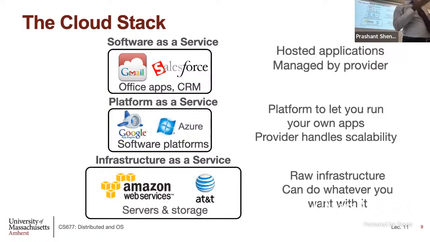So in different layers, you get different things. So here you've got to build everything on your virtual machine. Cloud provider only gives you a VM. At the top, you don't have any code of yours running in the cloud. They give you everything. You just use the application in the cloud as if it's basically running locally. Is this clear? Okay. So IaaS, PaaS, SaaS. 3 types of clouds. We'll talk a little bit about each of these now.